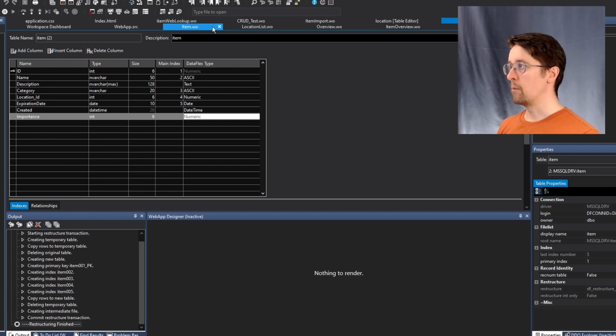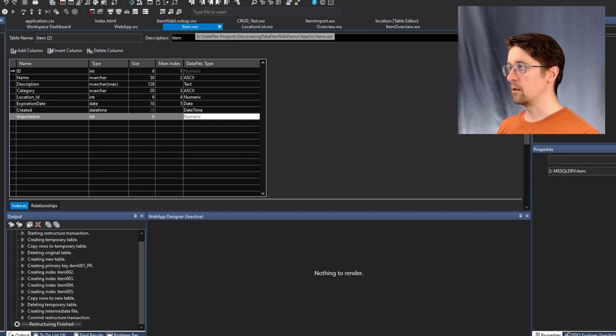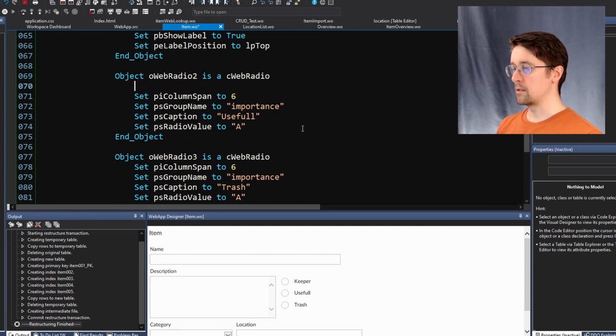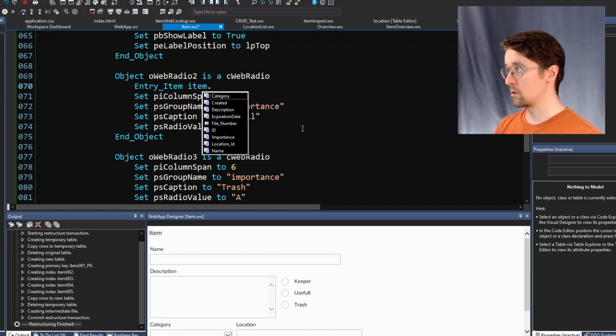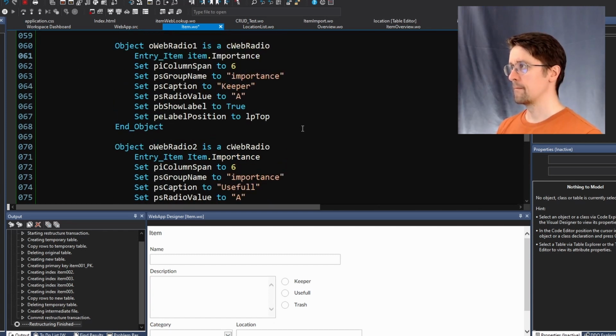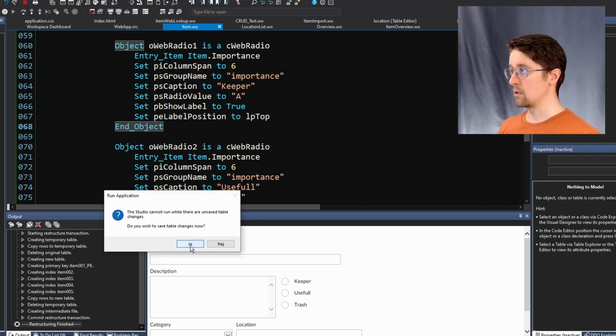And if we go back to our item view, we can set the entry item to be item dot importance on all of these. So now they are connected to the database, and when we run this program, they should actually